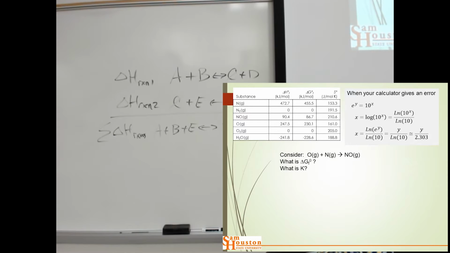So by multiplying by the number of moles, we had 1 mole of NO, 1 mole of nitrogen, 1 mole of oxygen, so the per moles are gone. So for this reaction, as it's written, it's minus 600 kilojoules, estimated to one significant figure. Okay, so that's delta G of reaction. It really should be delta G of reaction. Now K is equal to e to the minus delta G over RT. Okay. So let's calculate that.